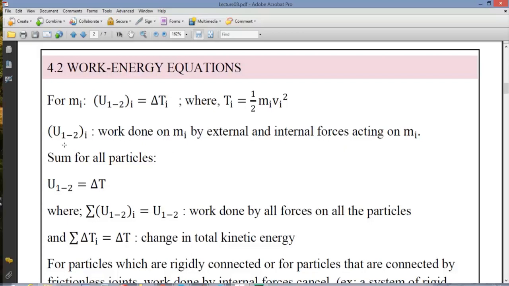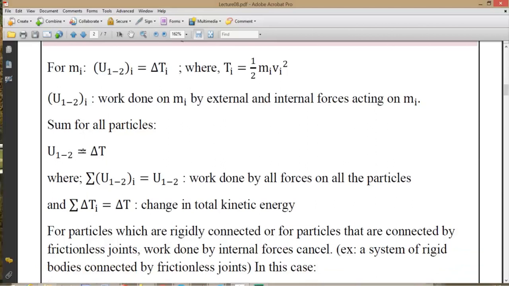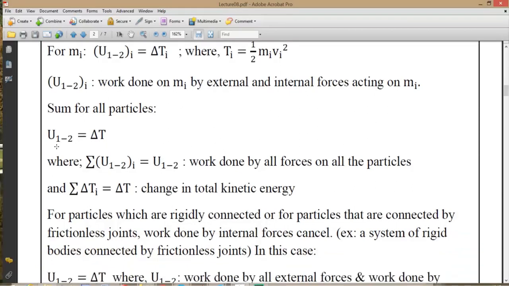Therefore, this U1 to 2 i is the work done on the ith particle by external and internal forces, conservative and non-conservative forces acting on particle i from the first situation to the second situation. And we can find the sum for all particles, and this U1 to 2 defines the summation, so we define it as a summation here, the summation of the work done on each particle results in the total work done on the